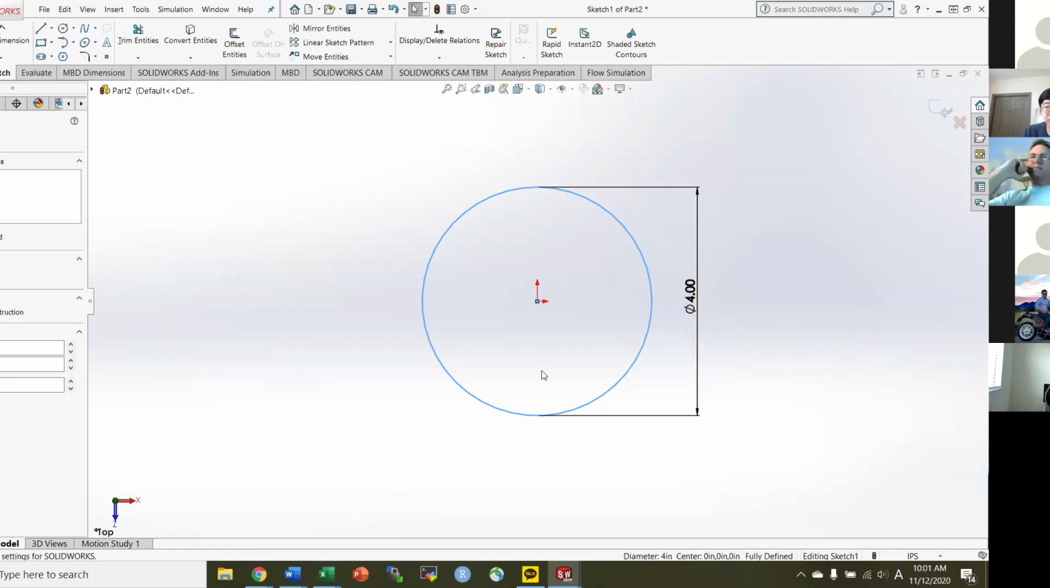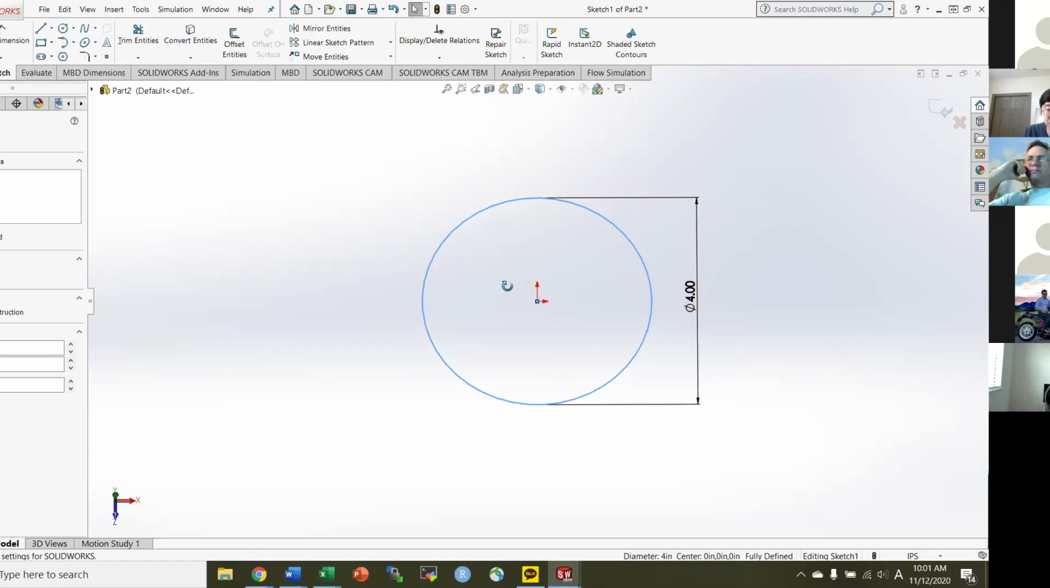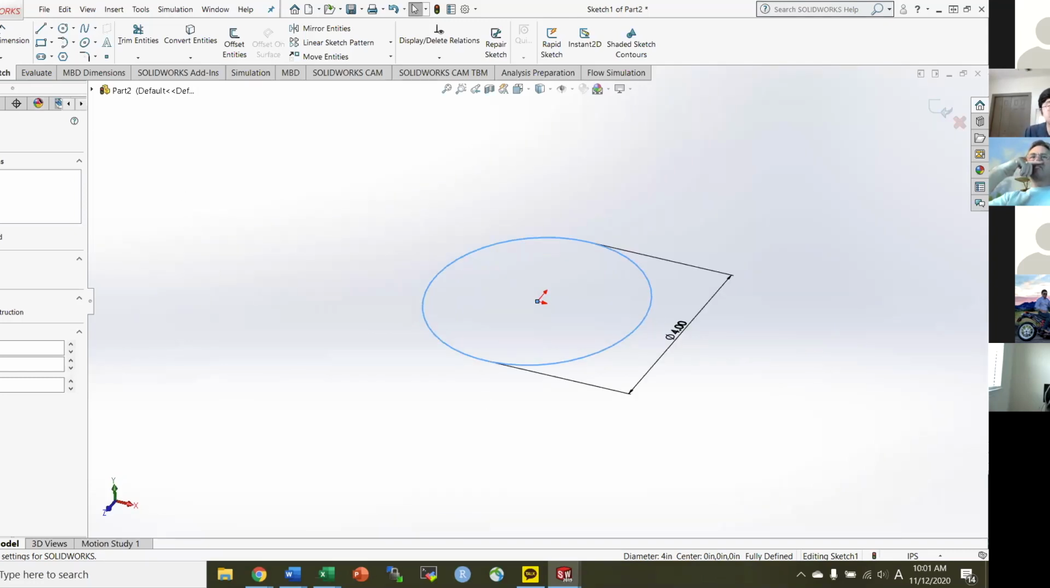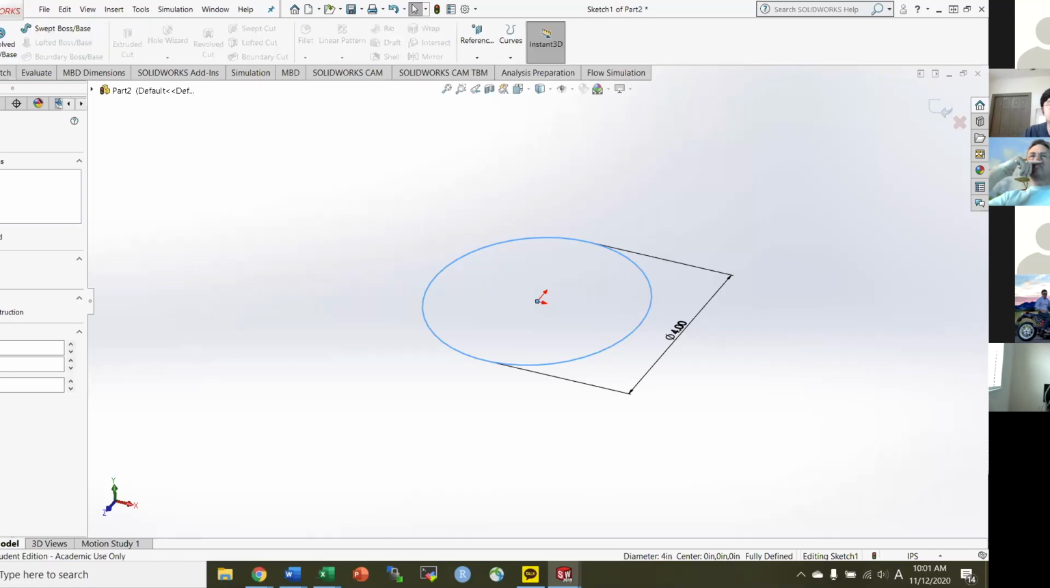So right now you have created a circle. So how to make it 3D? If you rotate it, you'll see that in the 2D plane that we set on the top plane, it's just a circle on the top plane. So if you want to make it into a cylinder, you'll go to the Features tab on the left here. And then there is an option called Extruded Boss/Base. If you click on this one,